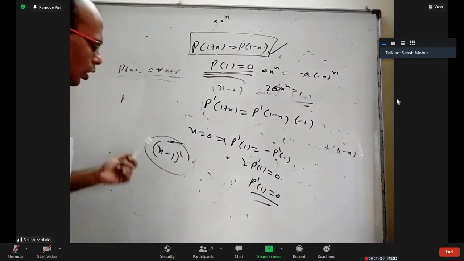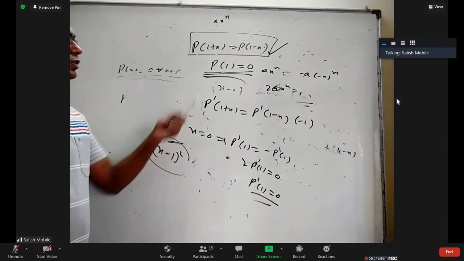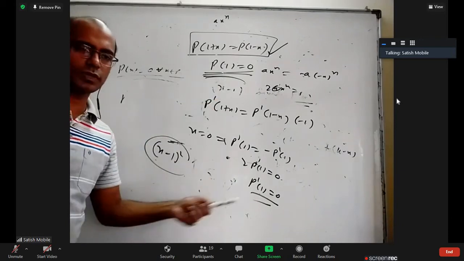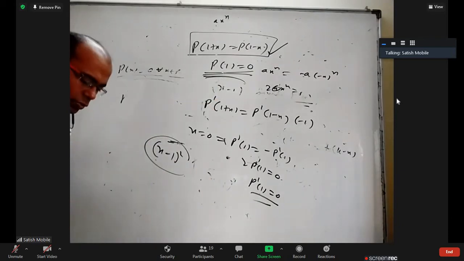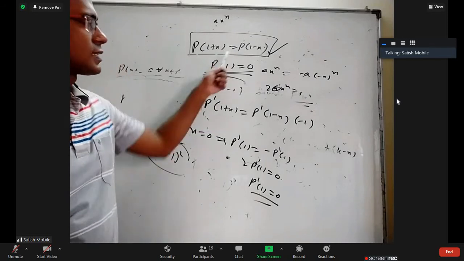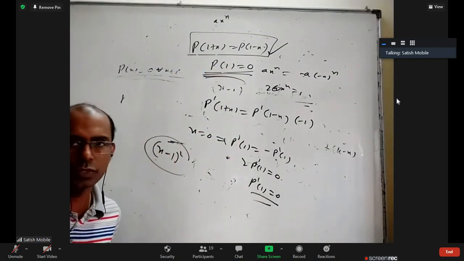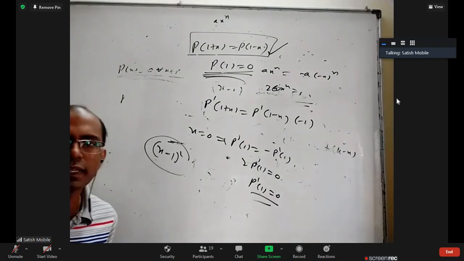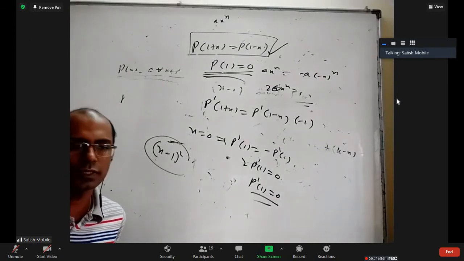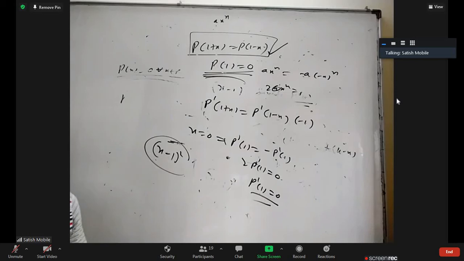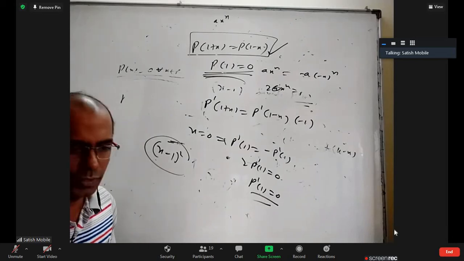In that, all should be divisible by (x minus 1) whole square because 1 is a root and its derivative is also zero at 1, so it is repeated. So any polynomial satisfying this data is either a constant polynomial, horizontal, always 0. If not, it can be any even degree, quadratic, fourth degree, sixth degree, but they all should be divisible by (x minus 1) whole square. One should be repeated.